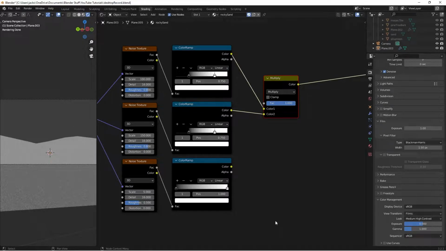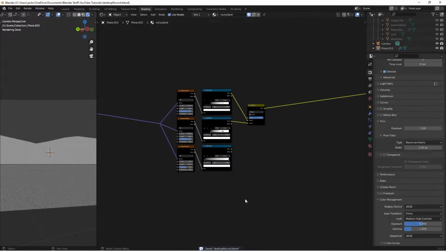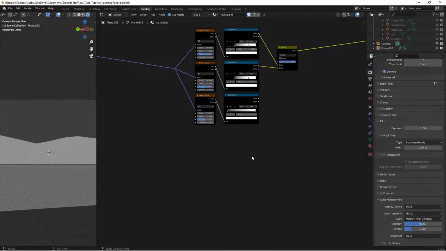Then this next step is we're going to be starting to make the rocks. We have finished our sand grain. We can always come back later and change some things if we really need to, but right now we're going to move on to the rocks because the sand grain is looking good. And to get started with that, we're going to hit Shift A. I'm going to search for a Voronoi texture